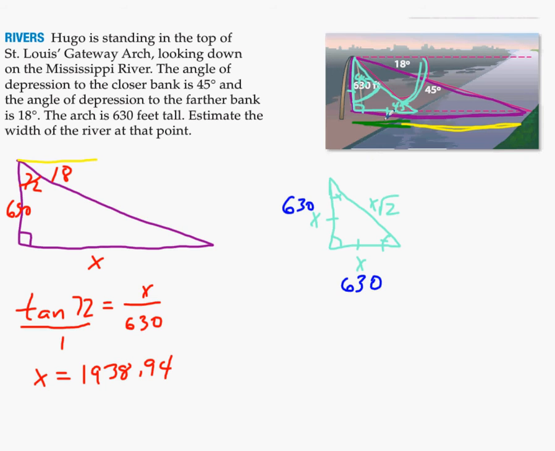So if this short piece is 630 and this long piece right here all the way across is, let's see, my long piece across is 1,938 and change. I'm going to subtract 630 from that, and I'm going to get what I hope is the width of this river is 1,308.9